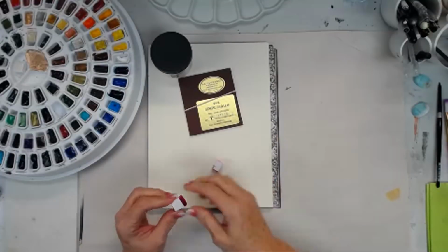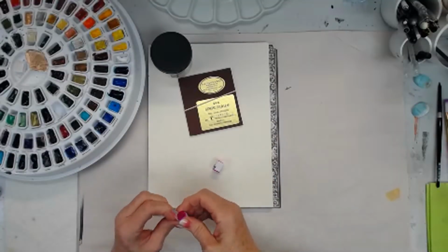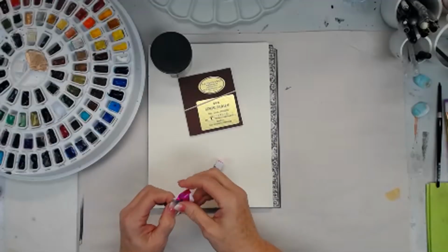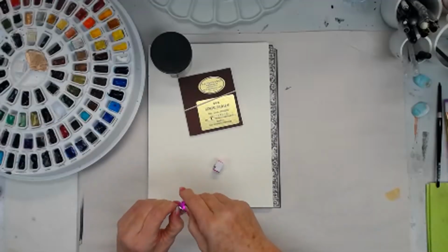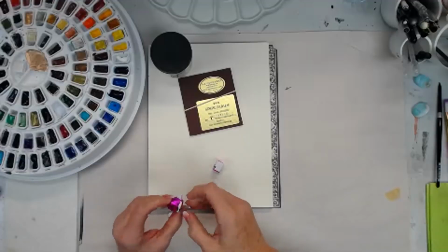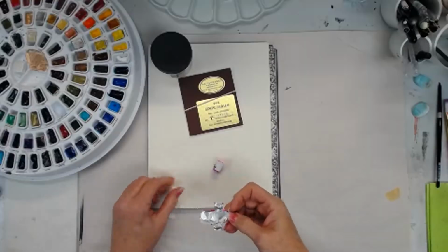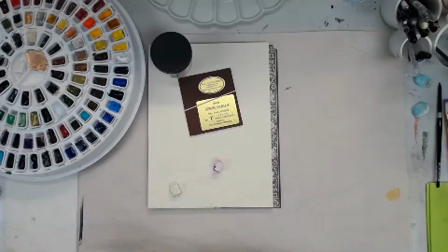And I got these two new, you know, I love my hydrocolors. And Elena had two new colors that, this one's called Unicorn Dust. And the other one,